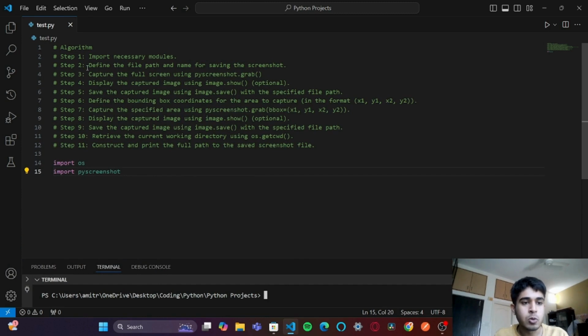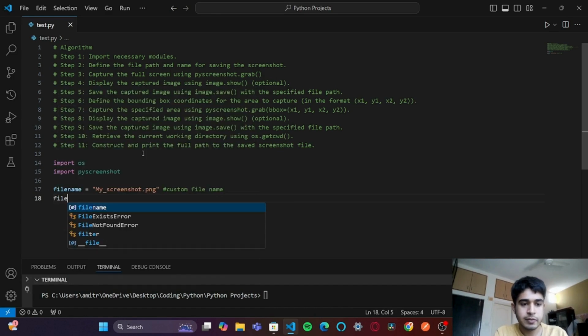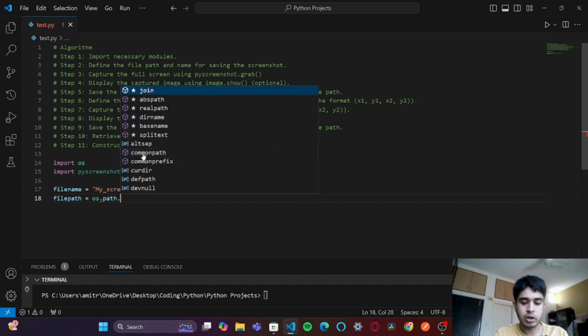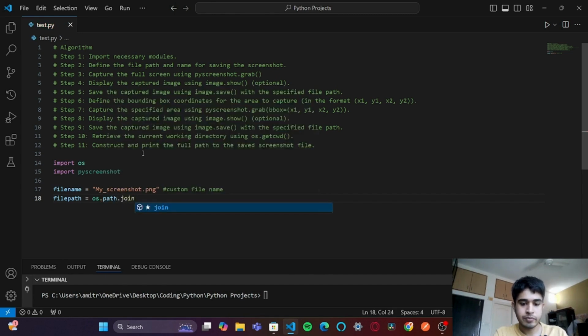All right, step 2, define the file path and file name for saving the screenshot. Okay, so file name is equal to, let's say, my screenshot.png. So the extension is important, right? This is a custom file name, can be anything. Next, file path equals, I will use os.path.join and then